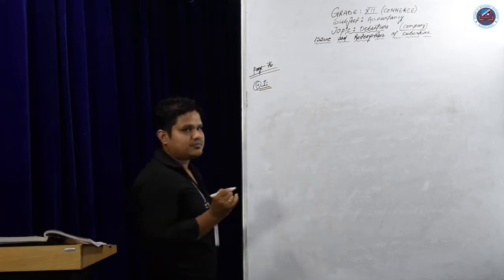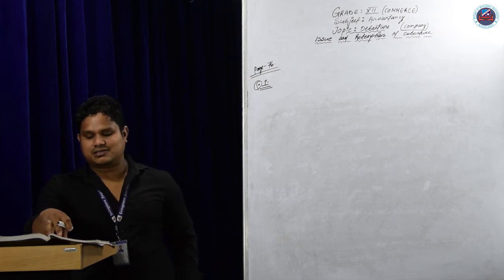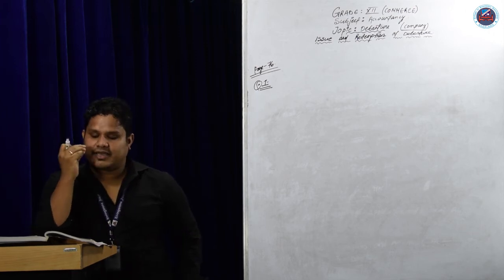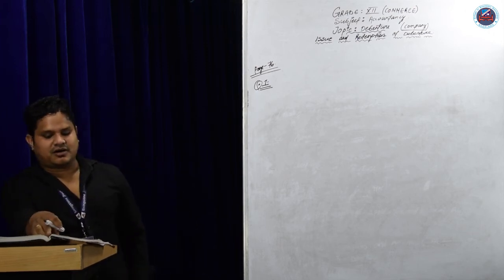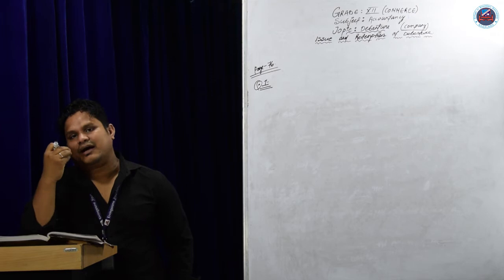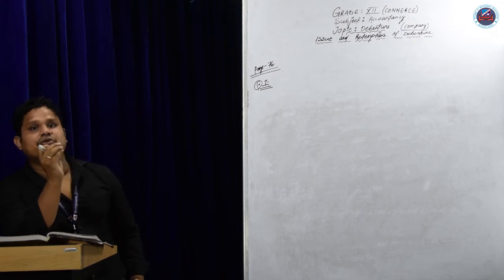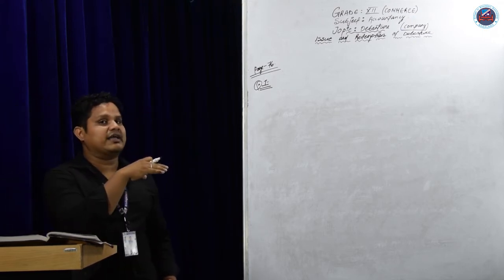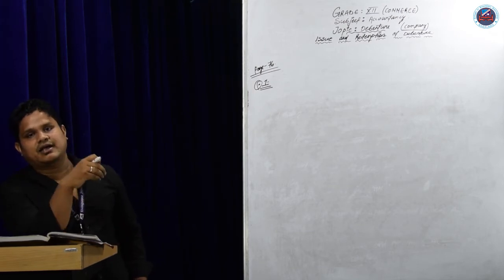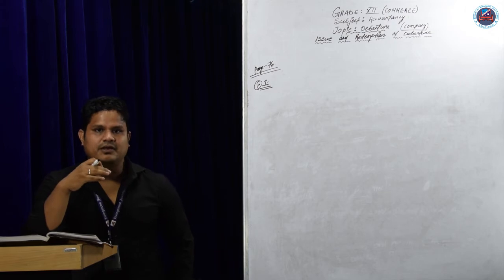Question 1. ABC Limited issued 10,000 12% debentures of 100 each. That means ABC Limited is a company that issued 10,000 debentures. What is the meaning of 12%? The company will give 12% interest per annum to those who give the debenture. The company needs an amount, so the company will have to give interest. But share is not like that. For shares, whatever is earned by the company is divided among the shareholders, that is called dividend. Here it is called interest. So the 12% is interest, which we will not calculate in this sum.